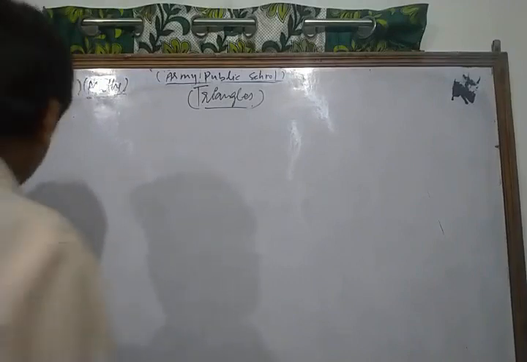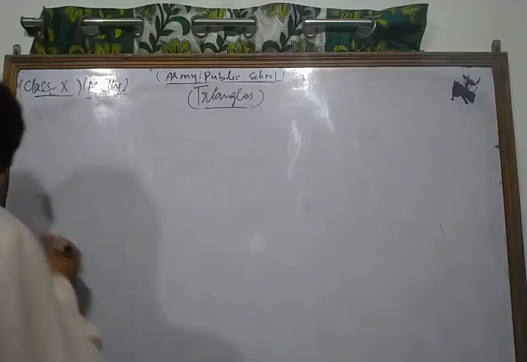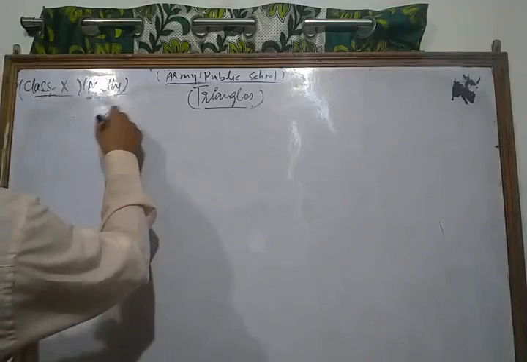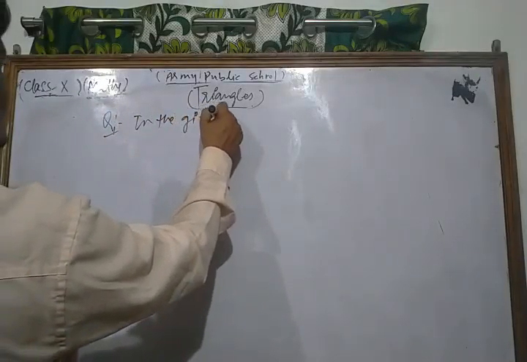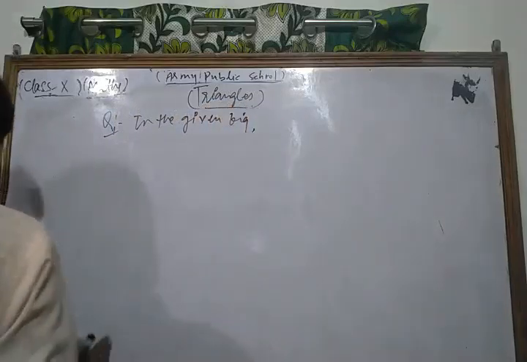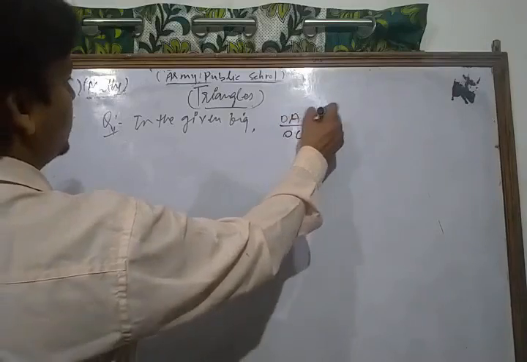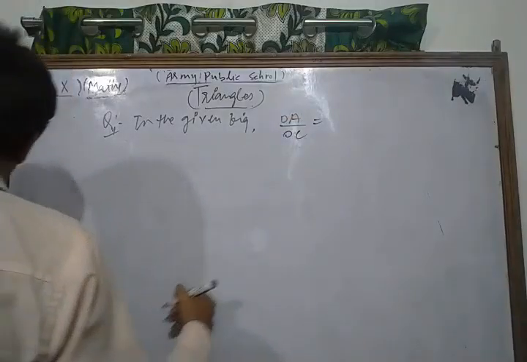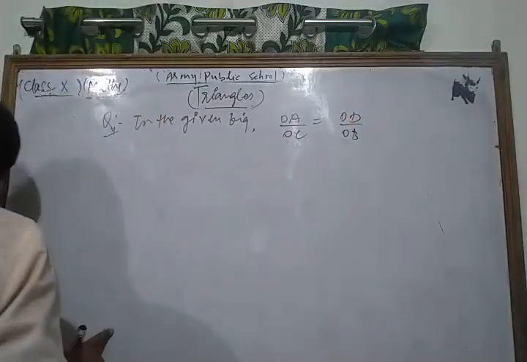Based on similarity. Let's see, dear students, some other important questions. This is also a very important question of your NCERT exercise. In the given figure, OA upon OC is equal to OD upon OB. Prove that